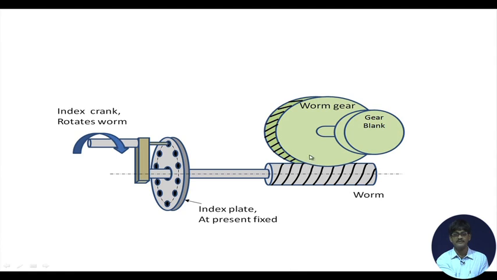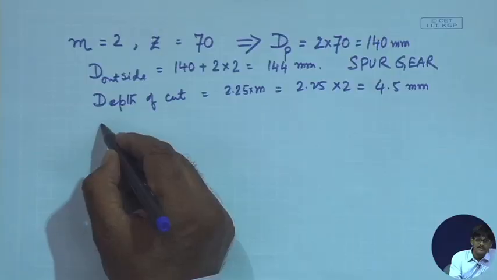The worm and worm gear, as previously discussed, have a speed ratio of 40:1. If the worm rotates 40 times, the worm gear rotates once, and the workpiece will be rotating once. Therefore, we can say that overall, if you consider everything in a black box, 40 rotations of the crank handle will give 1 rotation of the gear blank. Now, the question is, how much do I rotate the gear blank after cutting of every tooth? If one tooth is machined, after that, what is the amount of rotation that should be provided to the gear blank? So, immediately you will say that if 70 teeth are being cut, then the amount of rotation must be equal to 1 by